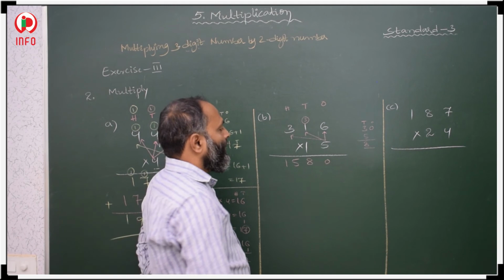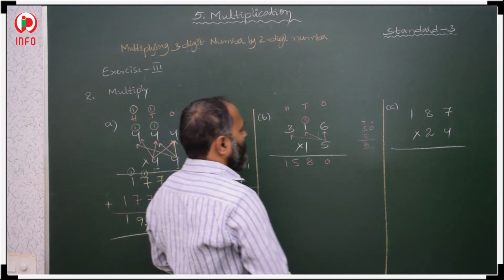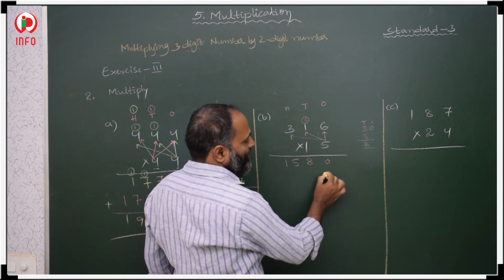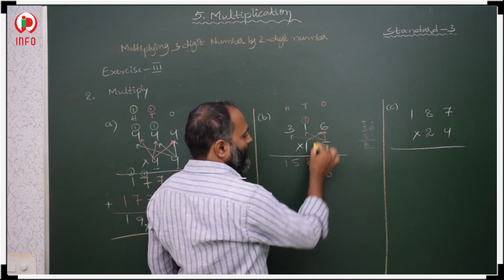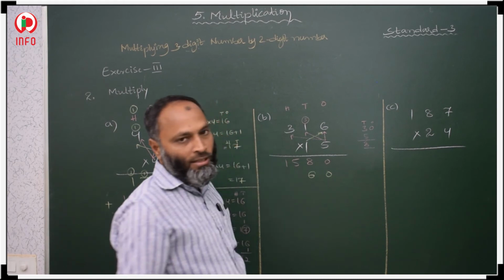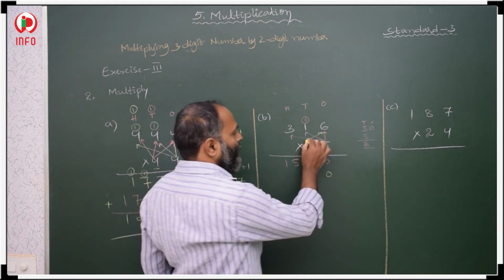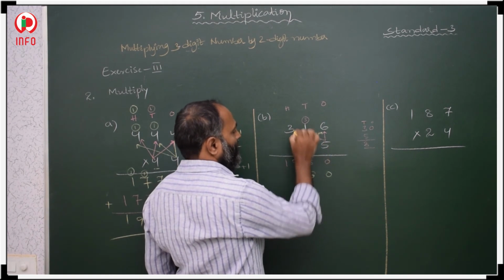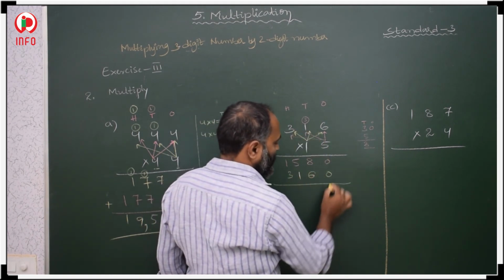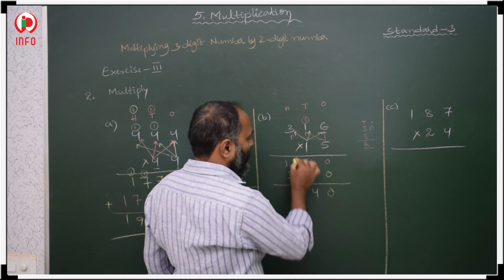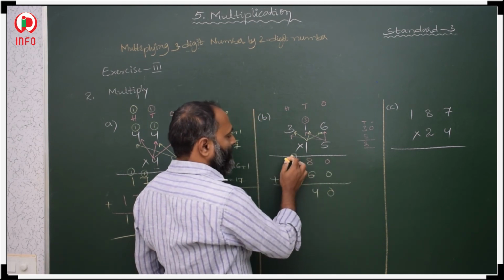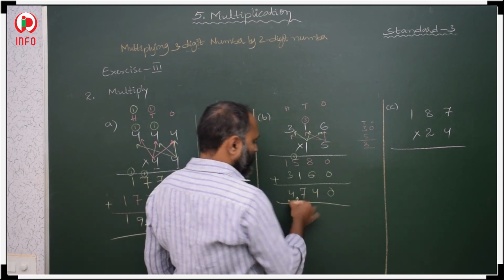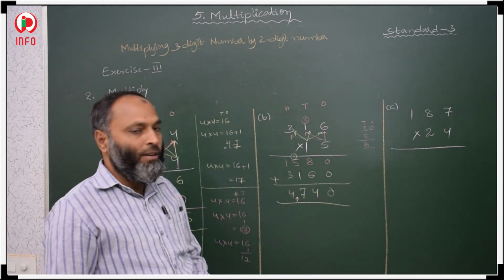Now this is over. Now we start with 1. We are starting with 1, this is in tens place, you keep 0 first. Then 1 6 is 6, it is a single digit number, so keep as it is. 1 1 is 1, 1 3 is 3. Now we add: 0, 4, 1, then 5 plus 1, 6, 6 plus 1, 7, 3 plus 1, 4. 4,740.